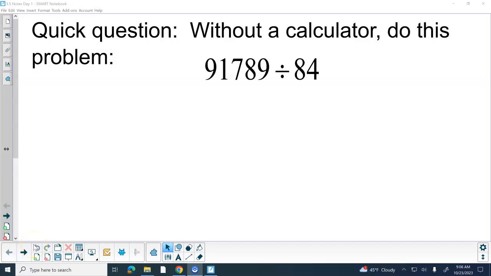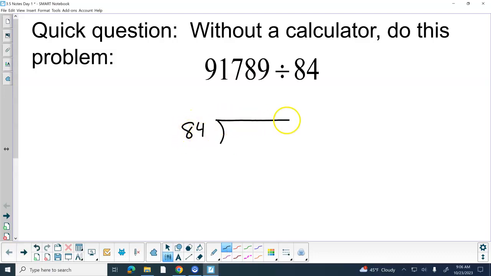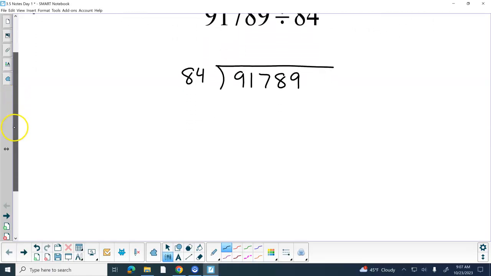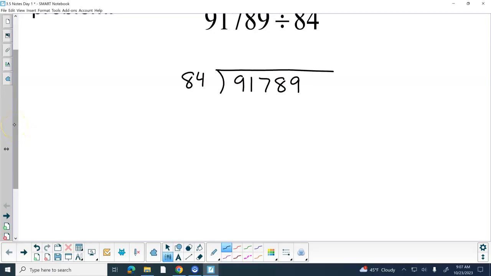Right. So old school division puts the thing you're dividing, the divisor, into the divisee. Right? Okay. So now talk to me. What do we do? Exactly. Hold on. We multiply the